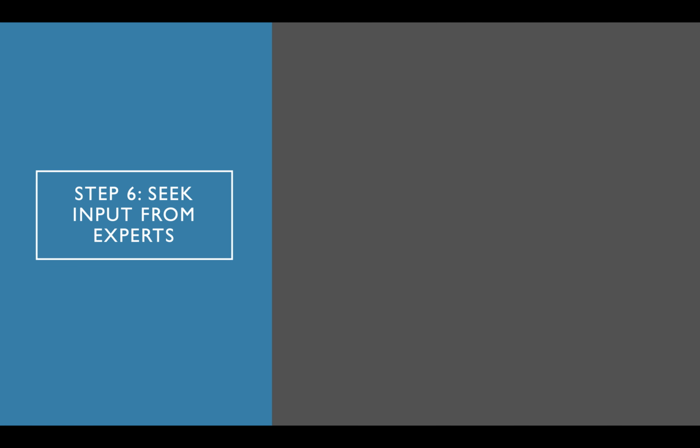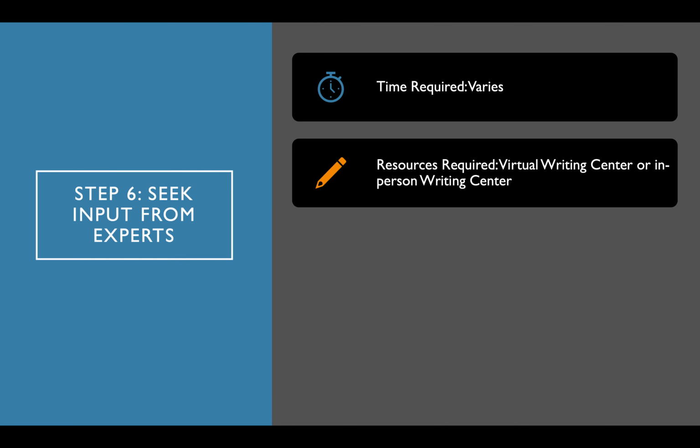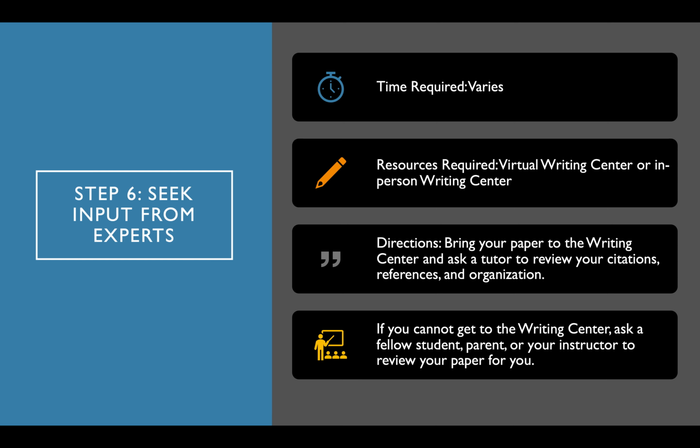Step 6 is to seek input from experts. The time required here varies. You're going to want to look at the virtual writing center or the in-person writing center to meet with a tutor who can help you review your paper, review your citations and references, and your organization. If you cannot get to the writing center, then definitely ask a fellow student, parent, or your instructor to review your paper for you. You should never turn in a paper that someone else has not read,